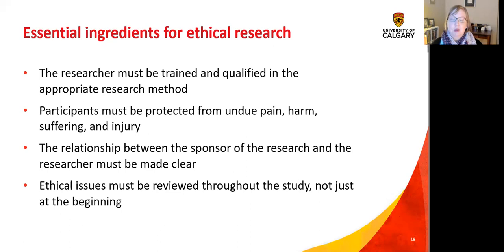That may cause a small amount of pain and have a risk of harm, but that has to be considered in the context of that risk-benefit type of equation, which is saying, are we protecting participants from undue suffering in this situation? You must make it clear the relationship between who is giving you the money for research and the researcher. It still shocks me that sometimes people really screw this up.